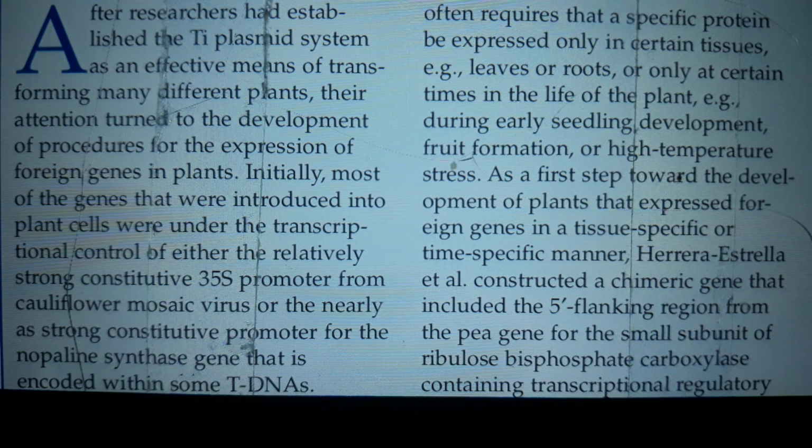As a first step toward the development of plants that expressed foreign genes in a tissue-specific manner, Herrera-Estrella et al. constructed a chimeric gene that included the 5' flanking region from the gene for the small subunit of ribulose bisphosphate carboxylase, containing transcriptional regulatory